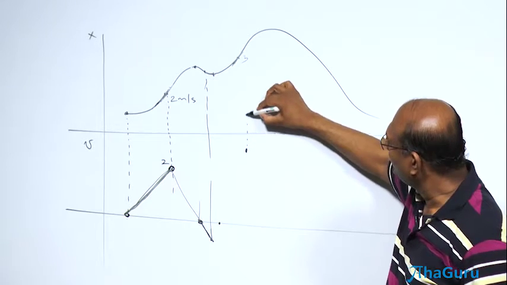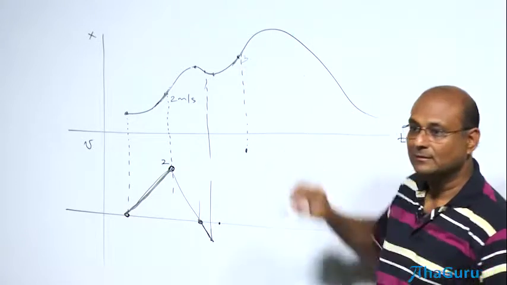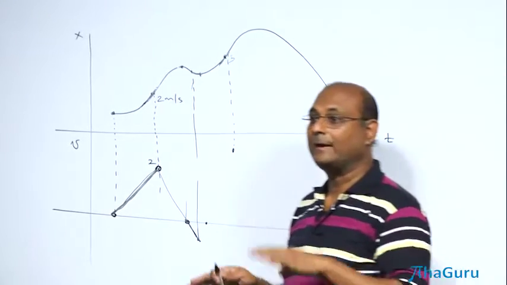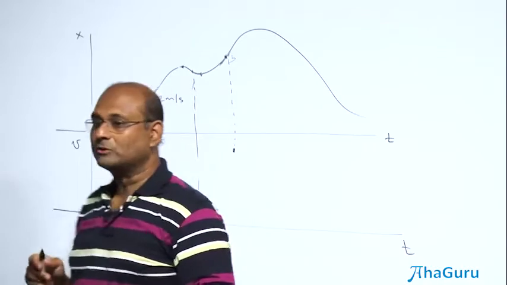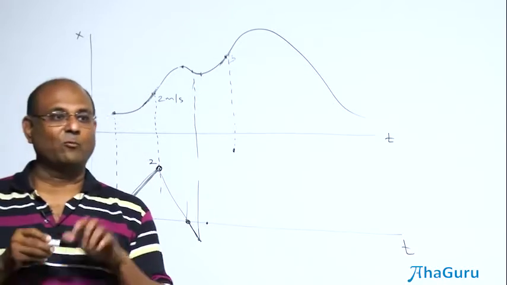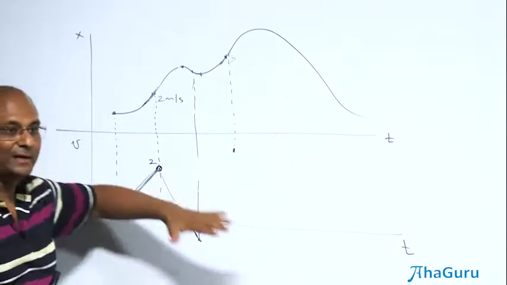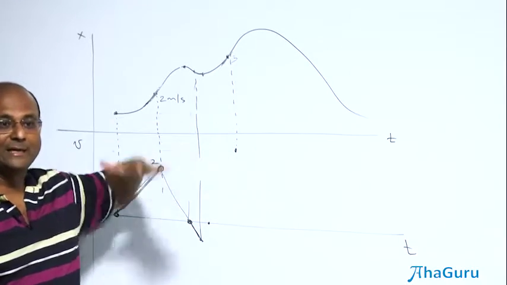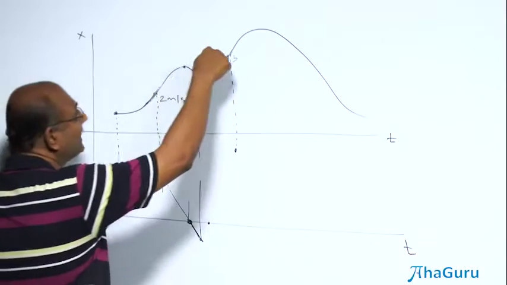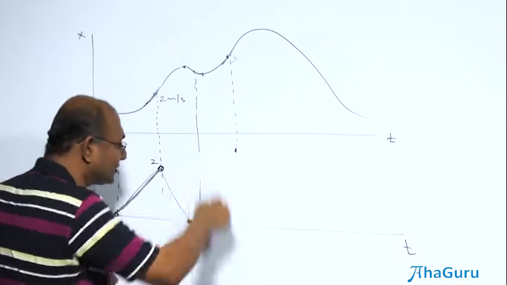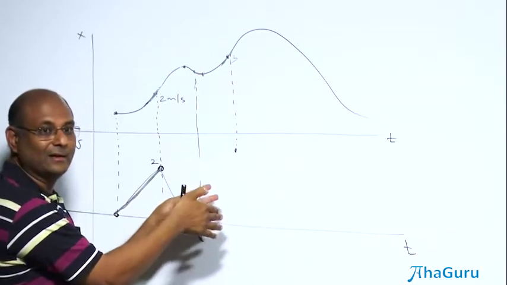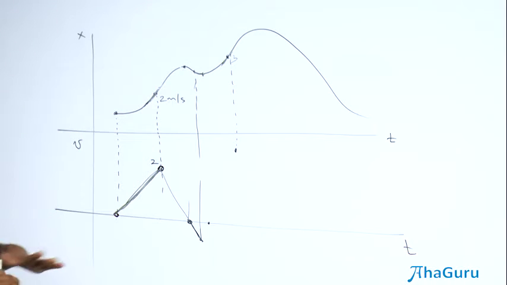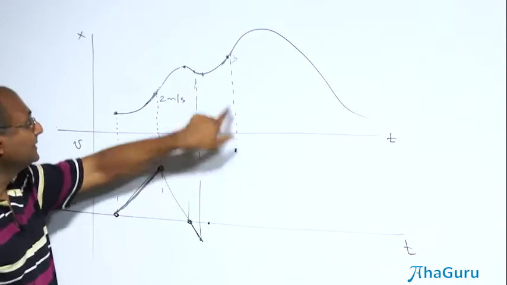Can you see what I'm doing in terms of the time axis? I keep that fellow's time and this fellow's time the same. In fact, the most useful way to convert from an xt graph to a vt graph, the reason I'm doing this, is to see that if you keep the time the same, you can say what happened there corresponds to the same thing happening here. This graph and that graph are the same. They're not different.